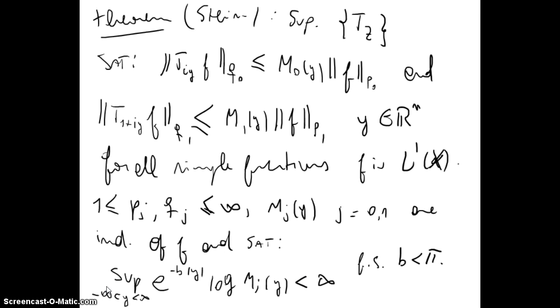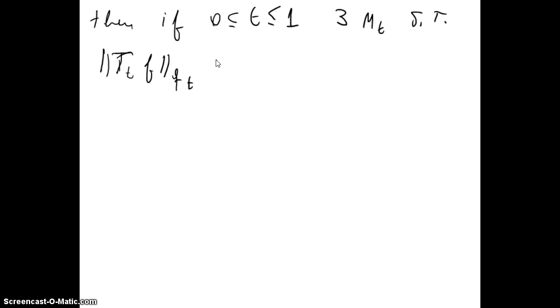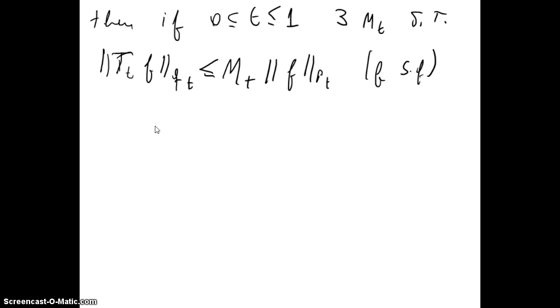Then what we are going to have. So then, if t is between 0 and 1, there exists a constant Mt such that the norm of T, the operator T of f, in q_t is less than or equal to Mt multiplied by the norm of f in p_t, and this is for all f simple functions, provided that we have this relationship 1 over pt equals 1 minus t over p0 plus t over p1,